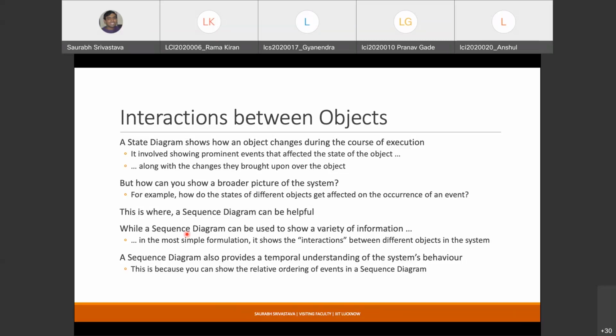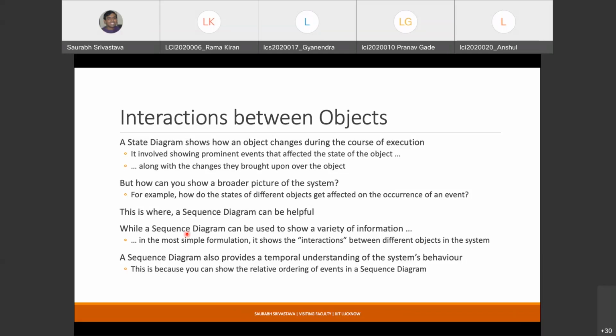But usually there will be events which are generated by one object, and let us say it affects another object, or there will be cases of other types of communication between two objects. So in order to change its state, an object might need to communicate with another object. Okay, it might need some information from another object.